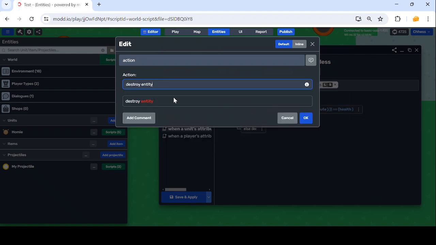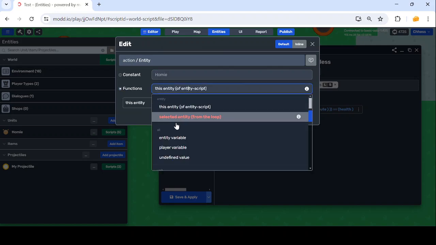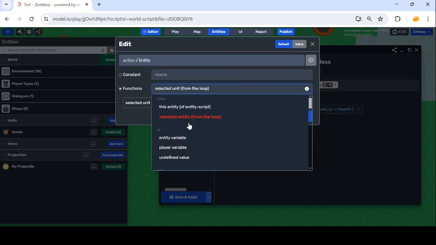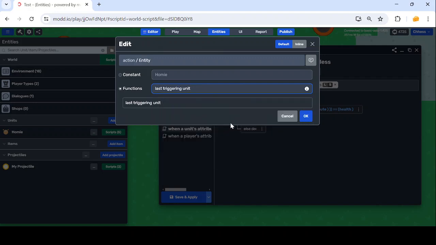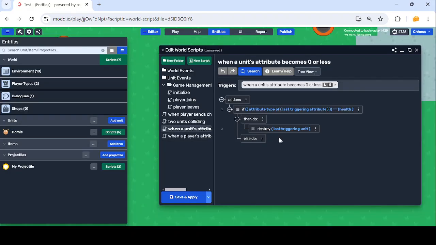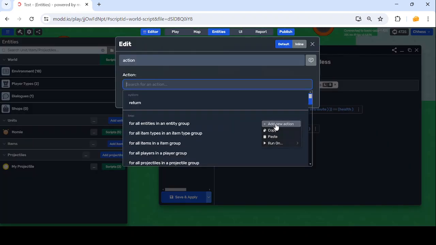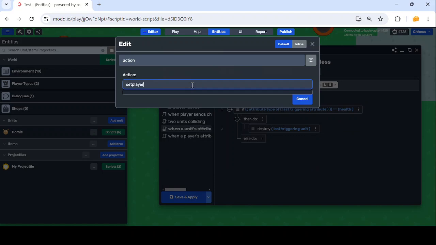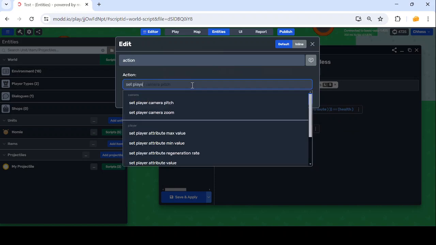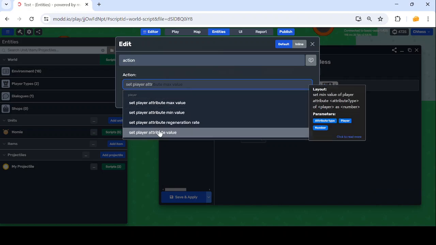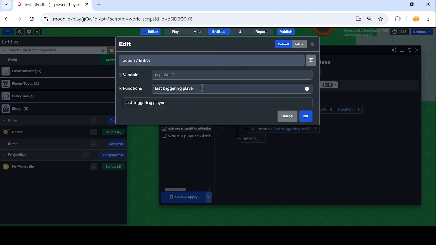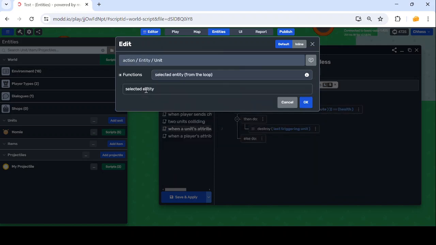So destroy this triggering unit, but also we want to set the respawn timer to 0 of the owner. So we want to set player attribute value, so set the respawn timer of owner of triggering unit